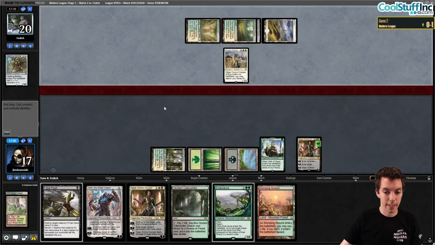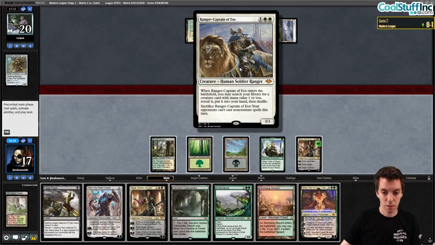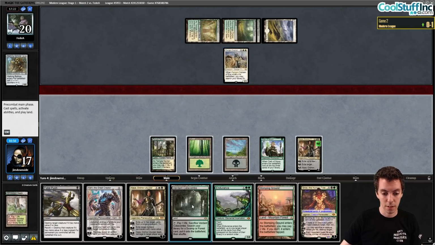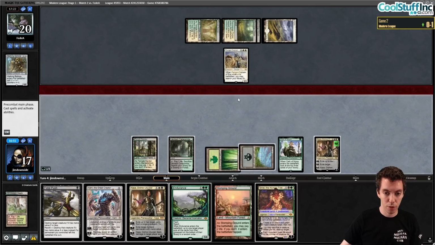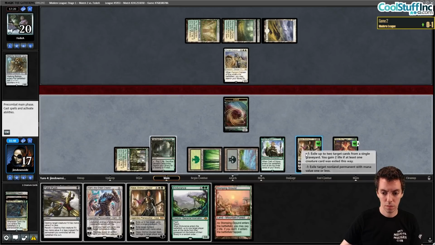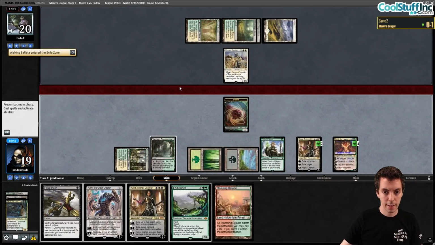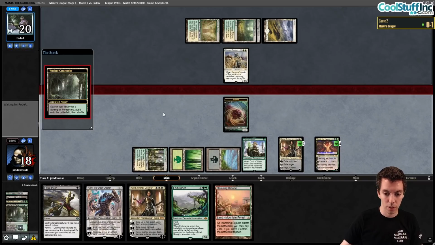All right, so I guess, and we draw Grist, the Hunger Tide. It's pretty good, honestly. Are they gonna fog us here? It'd be fine if they did, honestly. So play land. We're gonna play Grist and push the Ranger-Captain of Eos. Exile their graveyard. And I guess we're going to push it now. I don't know exactly why we do it now or later, but